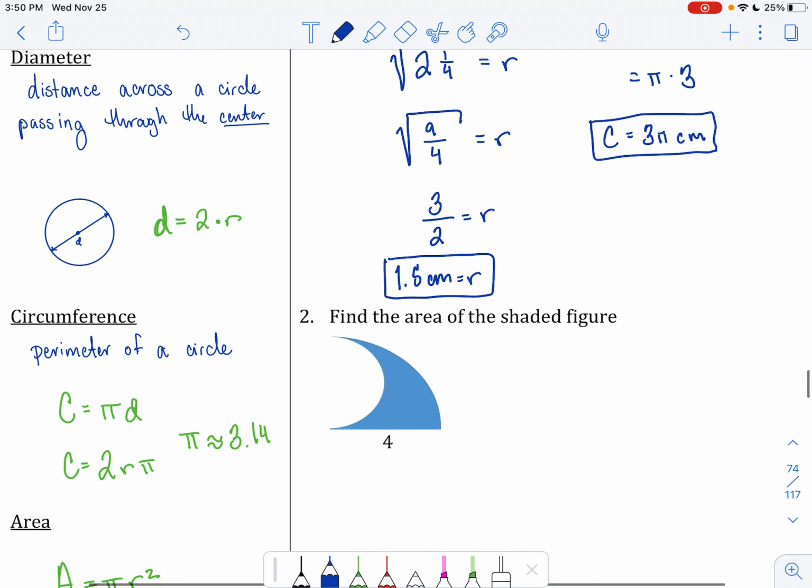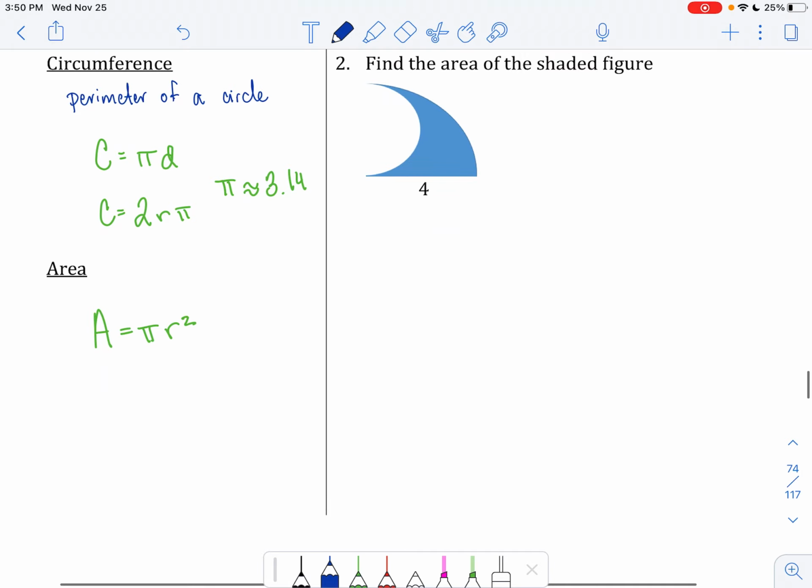Now, we will have some that are a little bit trickier. So here, number 2, it says find the area of the shaded region. Now, whenever we're looking at a shaded region, I like to think about what is the area of the larger shape. I'm going to draw this in here. So this large shape minus the area that's taken away in the smaller unshaded area, like so. So I want to find the area here minus